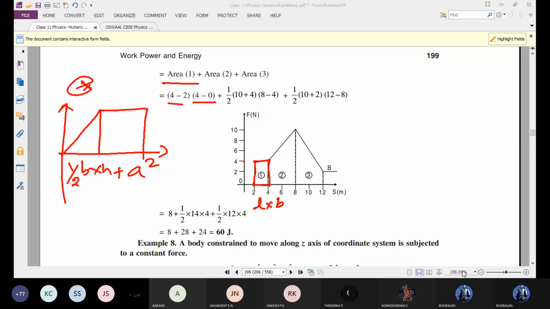Yes, thank you. Listen. First I am finding area 1 in this region. So first part, L into B, 4 minus 2 difference. Okay, next one, 4 minus 0, L cross B, finding L cross B, area 1. So next I want to find area 2. See that it is not looking like a triangle, it is not looking like a rectangle. So combined together, it is a different shape. In that situation, how to find the value?